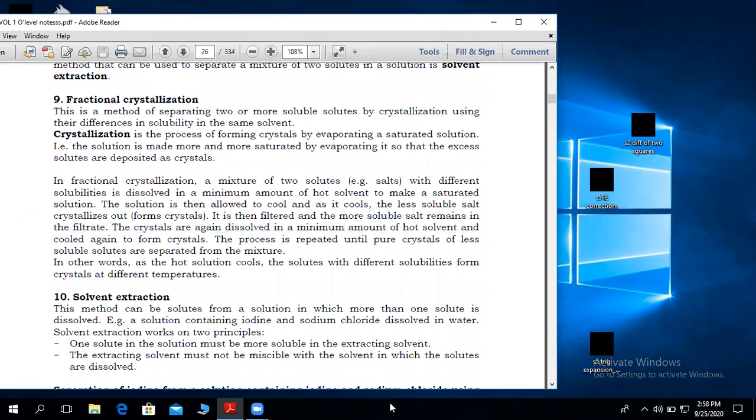fractional crystallization. Now, Rudingo, your network has been on